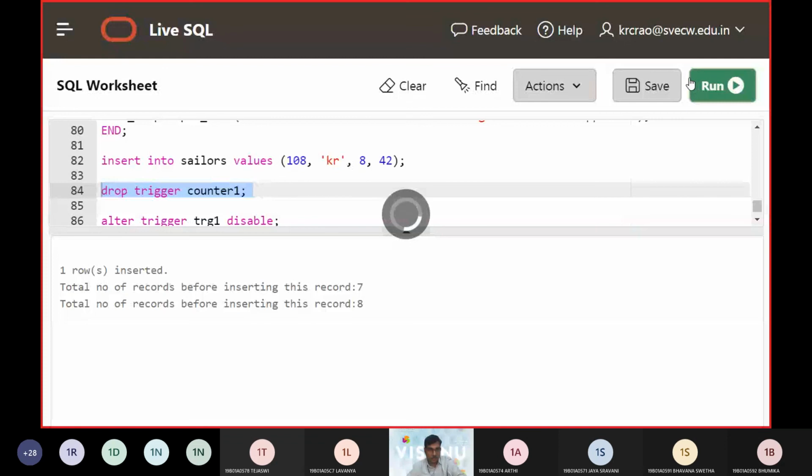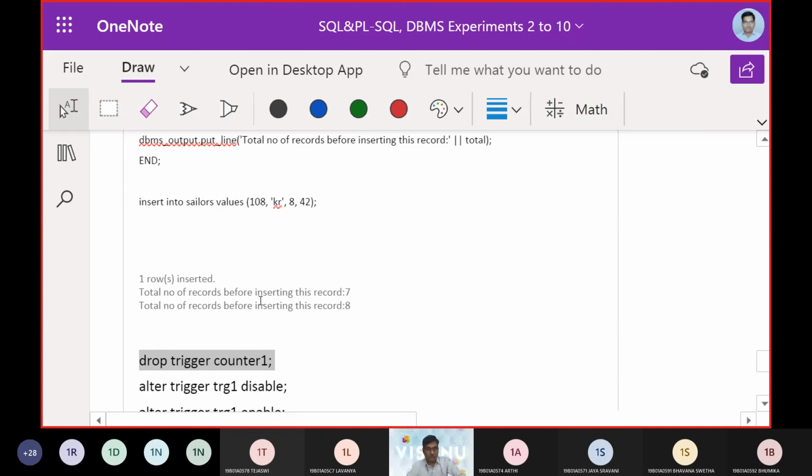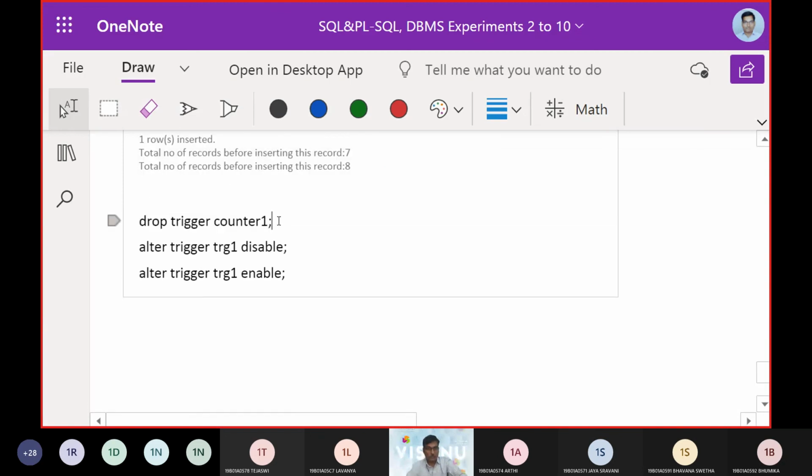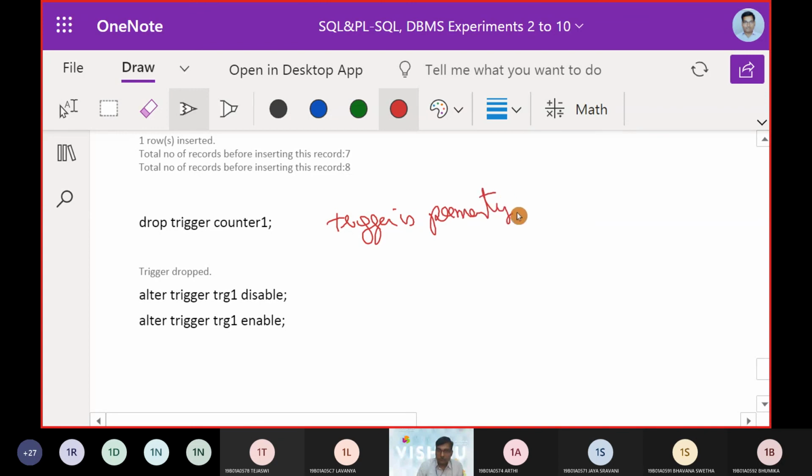Now you can see that the trigger is dropped. So now it is permanently deleted.